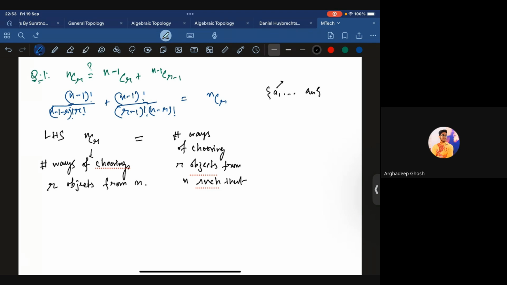Suppose we fix A1 such that A1 is always selected, plus